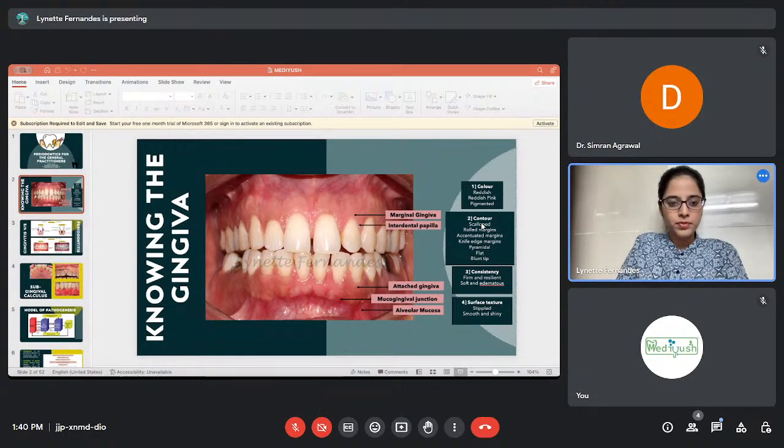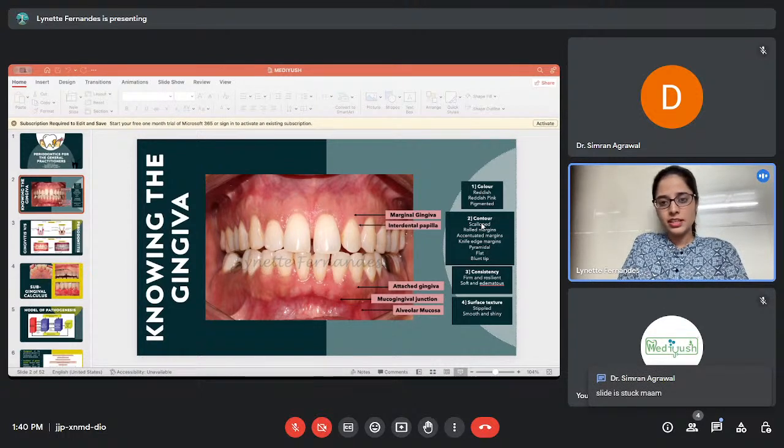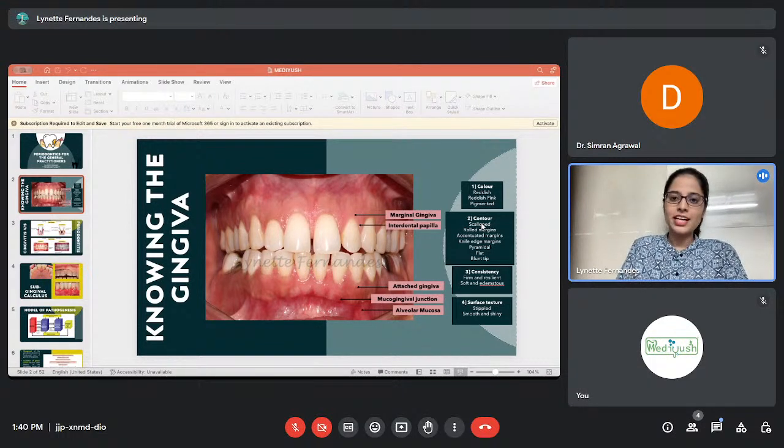As you can see here, this is your marginal gingiva which we saw. It's so bright red right now compared to this upper pale pink portion. So this is gingivitis, bleeding gums, red gums. But when this gingivitis goes further ahead because of your plaque, which further mineralizes to form calculus, and this calculus keeps going beneath, it's going to cause a loss of attachment. As you can see, your gingiva has lost its attachment from the tooth. So this is going to be your